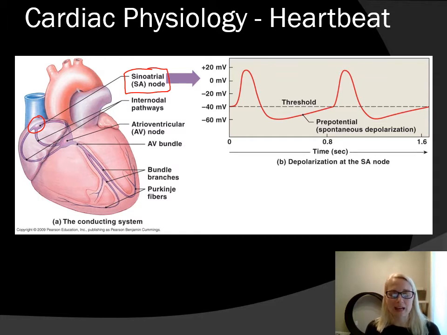So in the SA node, we have a characteristic, well, let me back up. The whole heart itself has characteristics of what we call prepotential or spontaneous depolarization. It's just the SA node reaches that threshold faster than any other part of the heart, sorry. So before we jump into describing what prepotential is, I just want to take a quick